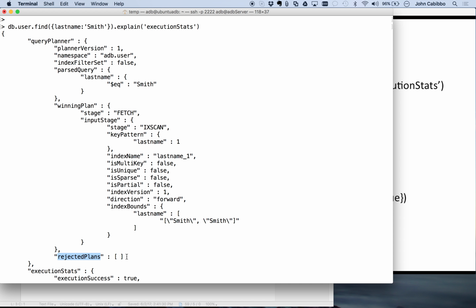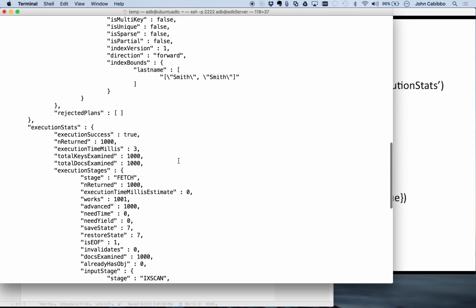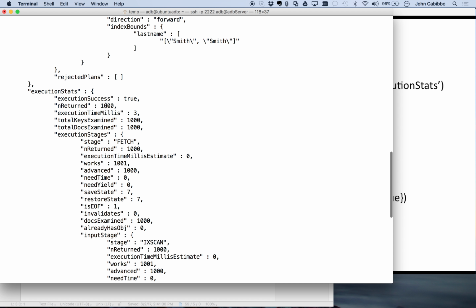And there are no rejected plans, but over here it basically says it did an index scan on the last name index, and it says index name is lastName_1, because previously we created an index on the last name. And if I scroll down a bit, we'll see that it returned 1,000 documents in about 3 milliseconds,